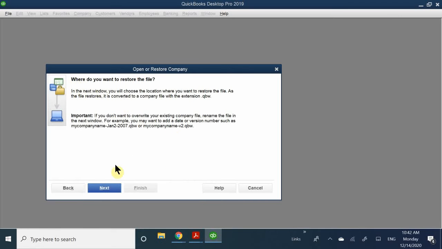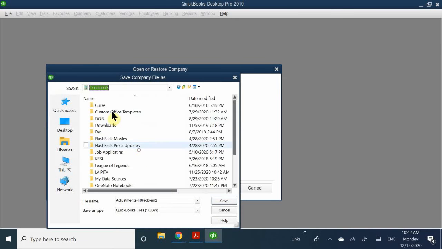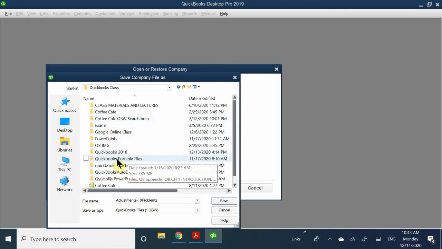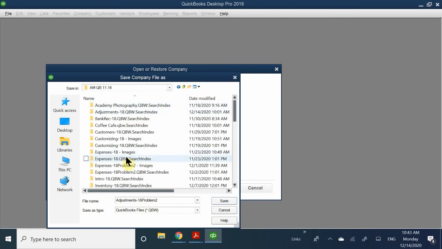Now the next thing is it's going to ask you, where do you want to save and expand this file? I've created a folder for just your class. It is under documents all the way till we get to portable files, but I named it AM class for 1116. General rule of thumb is the best way to place your file is in a separate folder. You don't want to combine it in your student portable files, because every time you open up either an existing working file or a portable file, it's just going to be cluttered up with too much